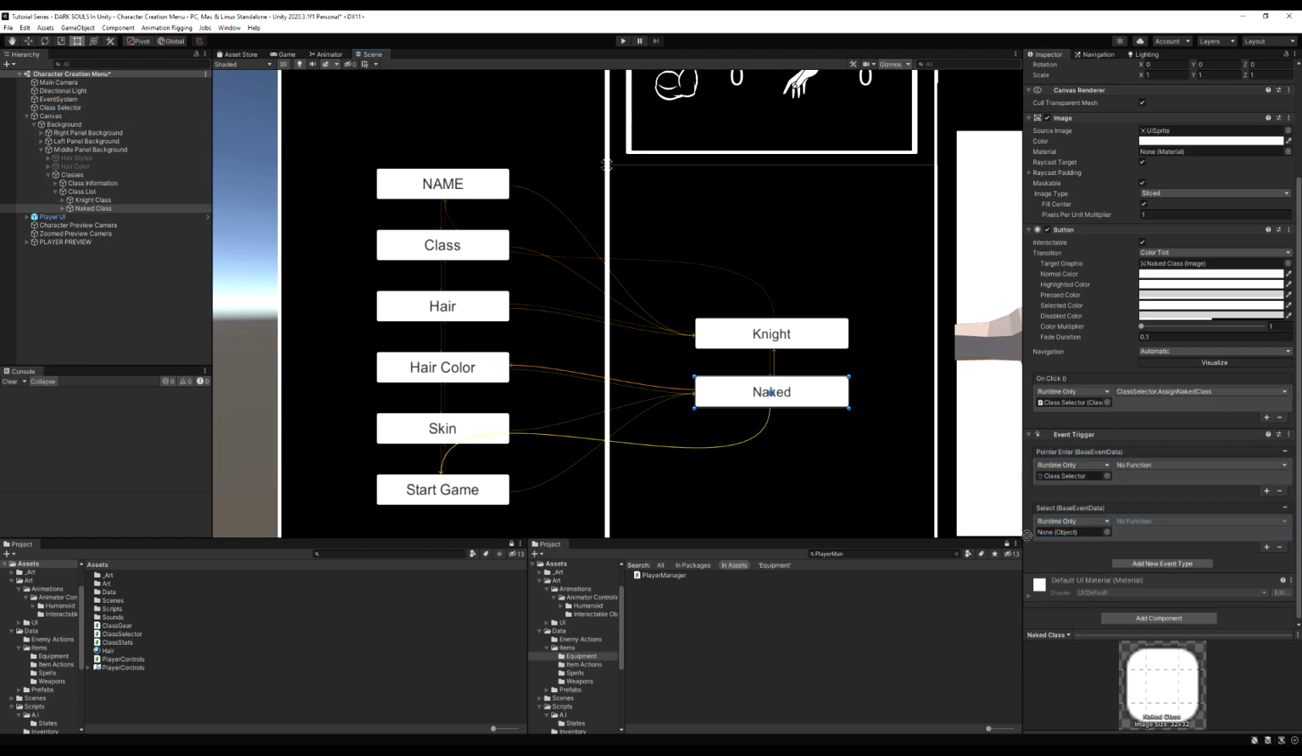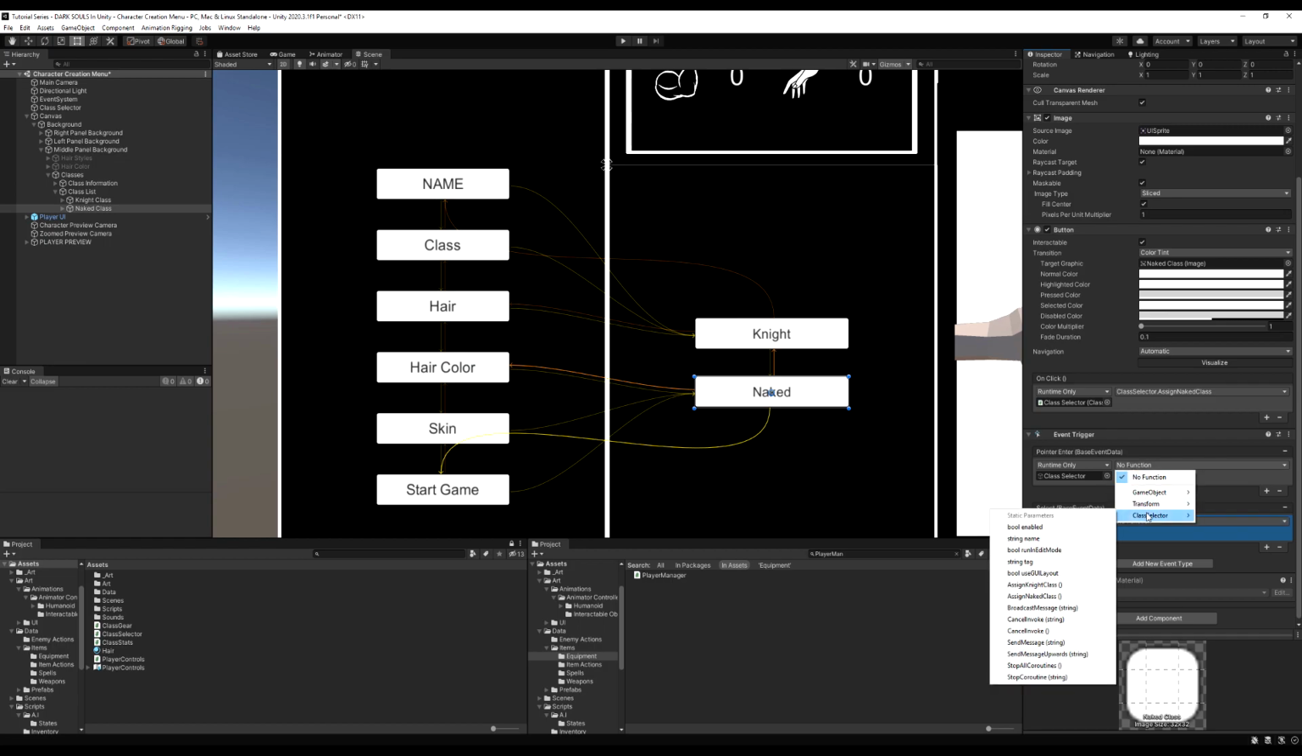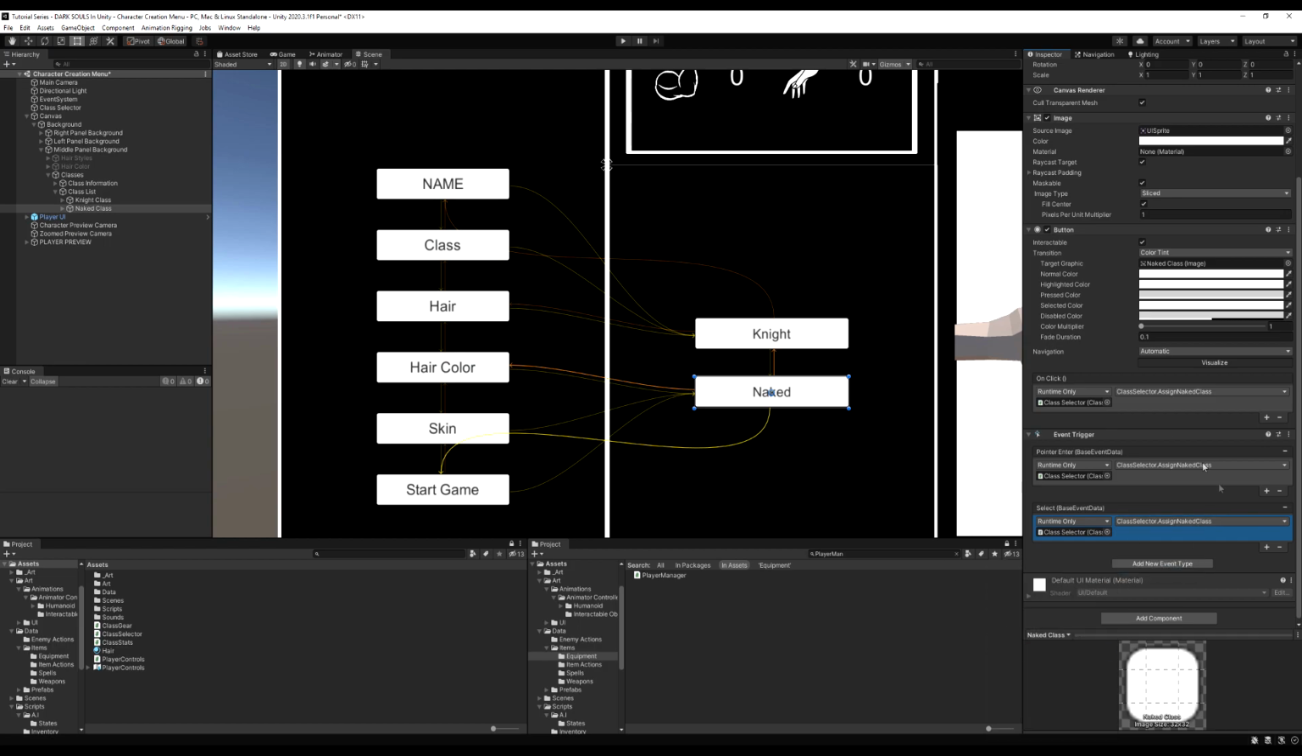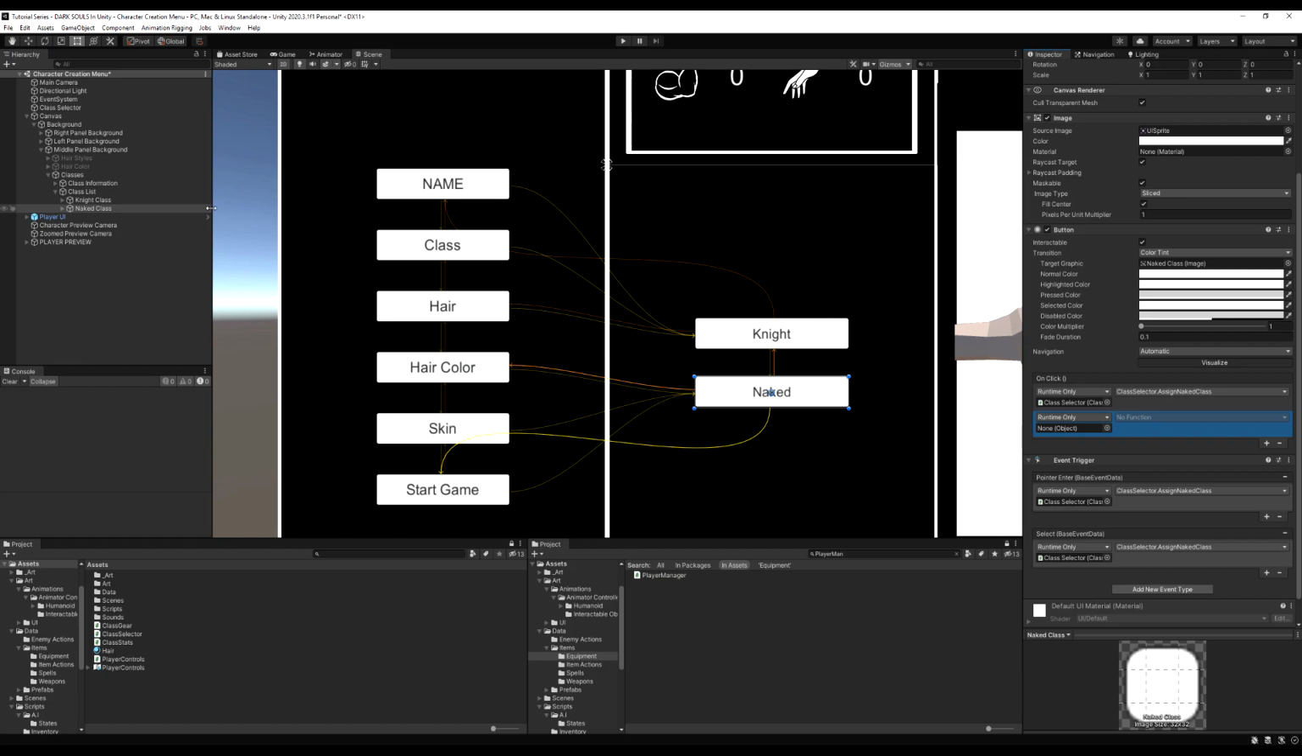Okay, so let's drag the class selector in here for both of these. There we go. And assign, where is it? Naked, and then assign naked. Okay, that looks good. So we actually want to do some stuff with the buttons too, the main menu buttons,